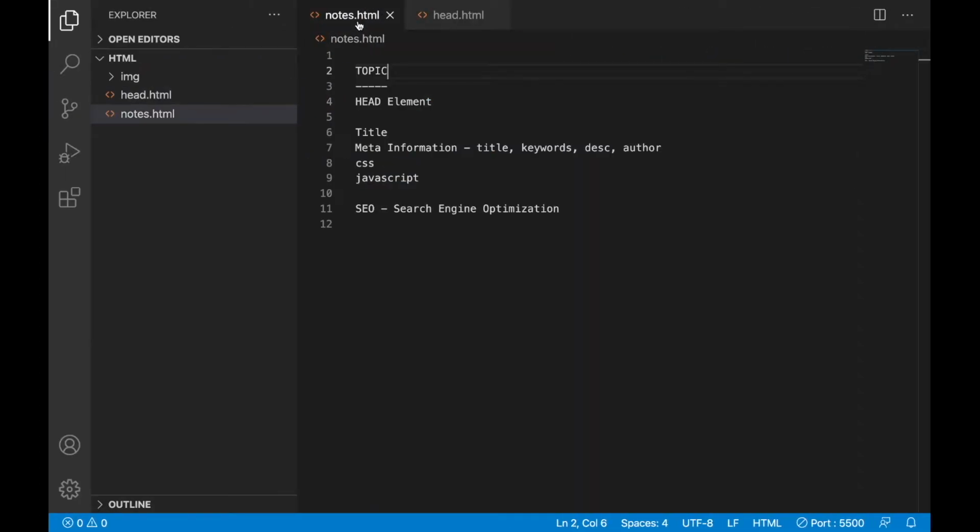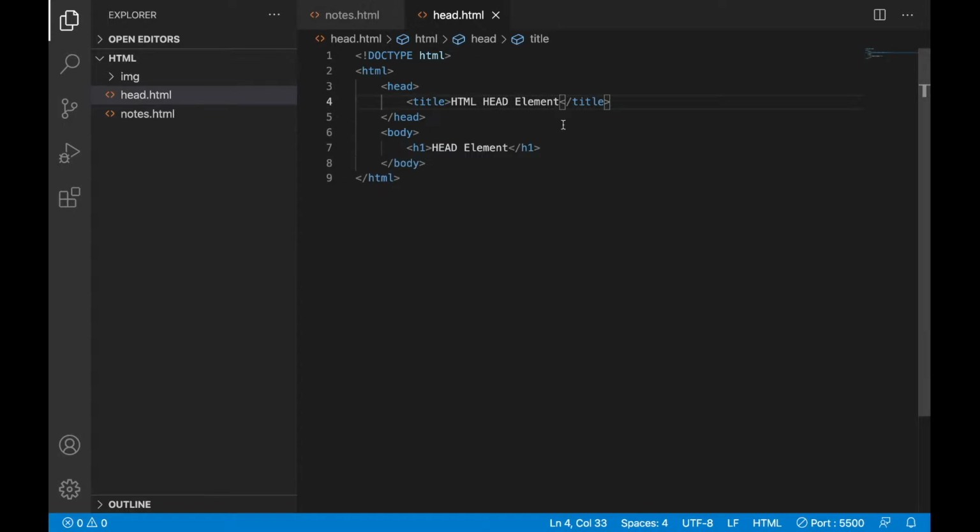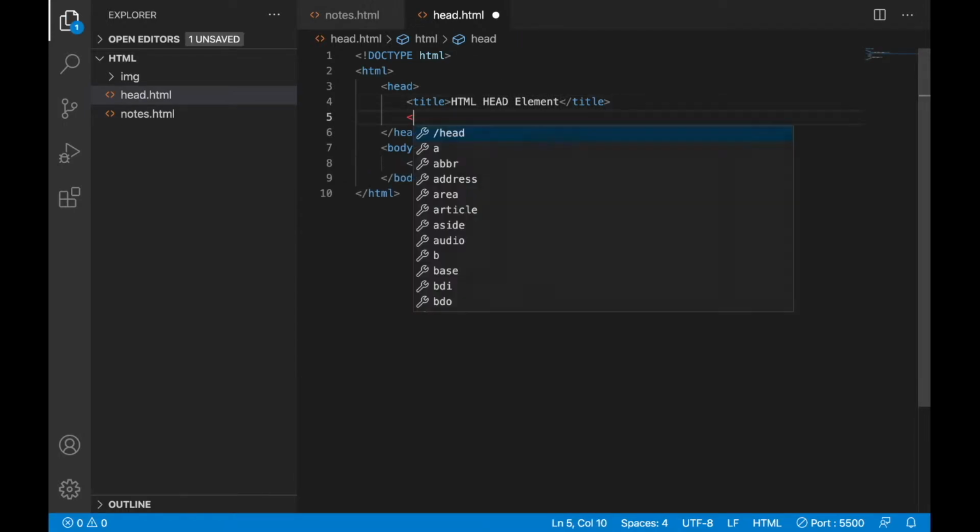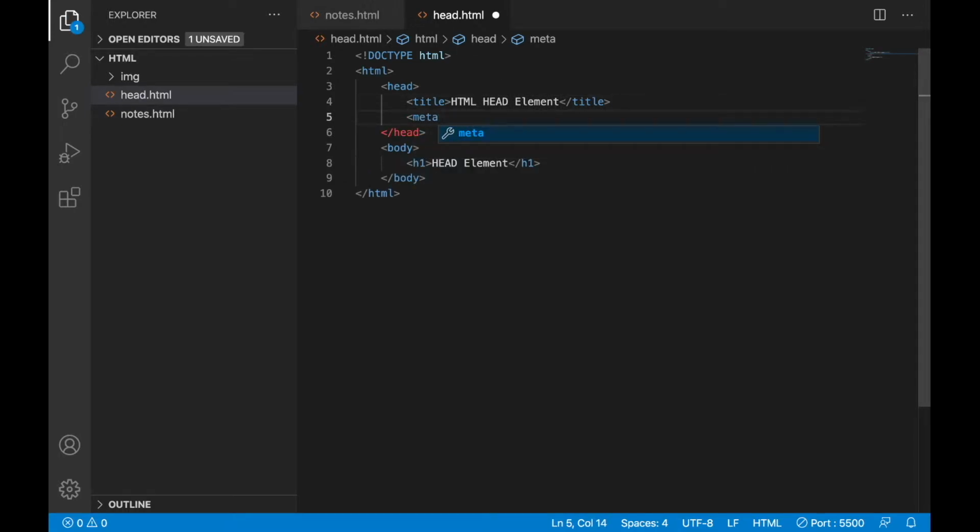Apart from the title, let's see how we can write meta information, keywords and description. Those will be useful in SEO. You can write them using the meta element inside the head section. Let's use the meta element and close it. This meta information has two attributes.